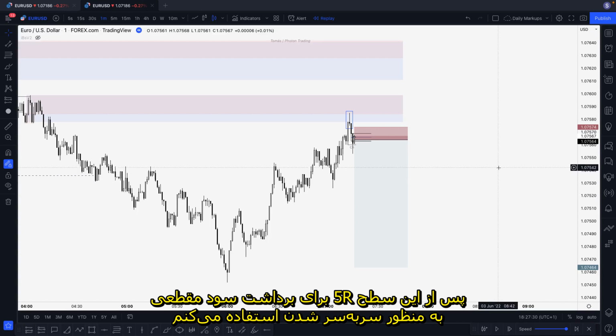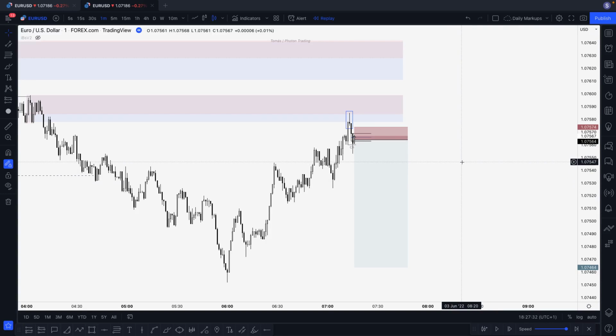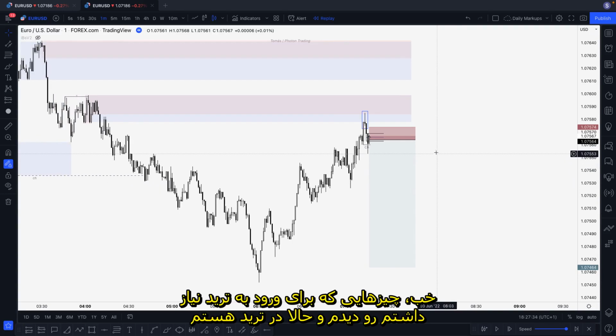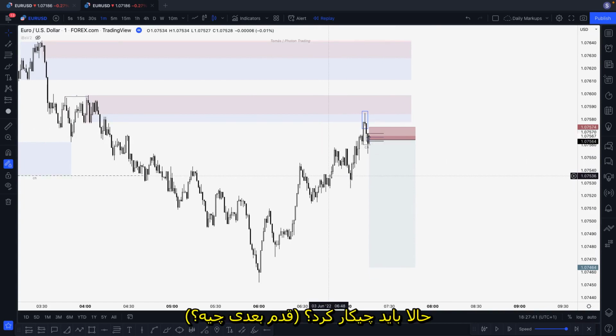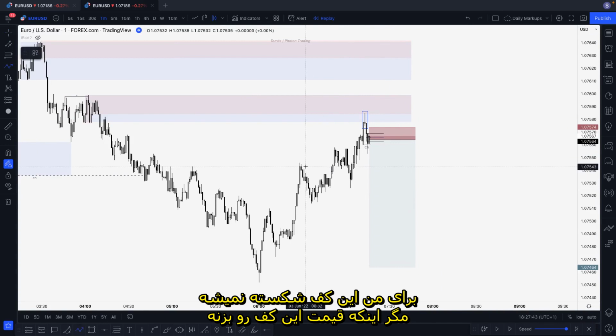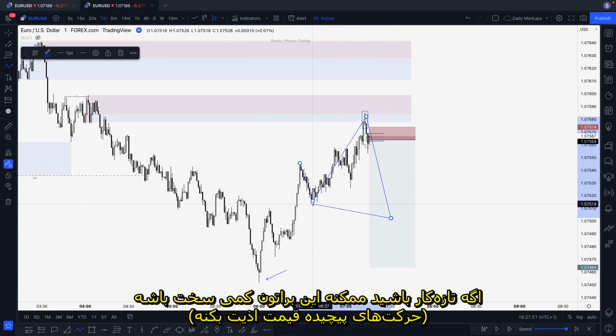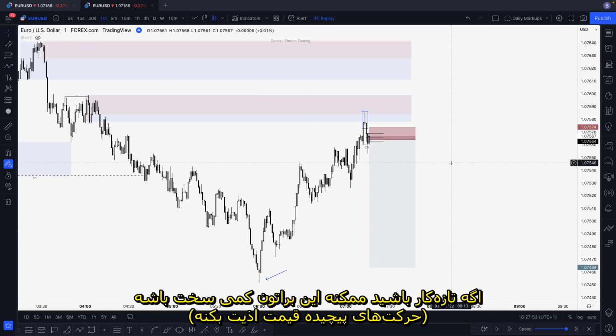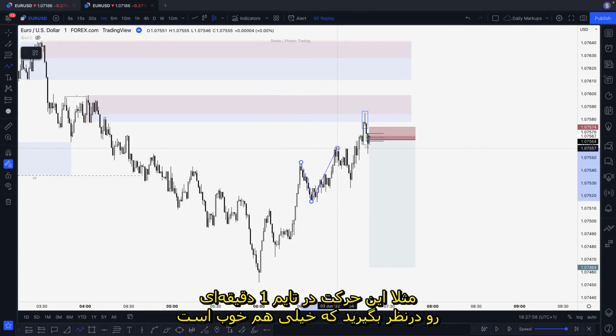and something I'm testing at the moment. So yeah, and I then get involved with everything that I want to see in the trade, and now I'm in the trade. What should I do now? Okay, so I understand that for me, this low is not getting run unless price break this low. This can be difficult for you if you are quite new, because you can see something like that, and it is completely fine on M1.